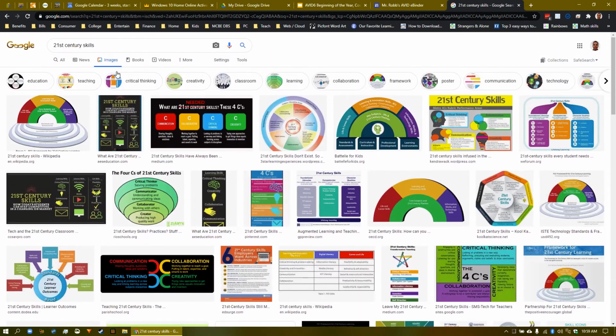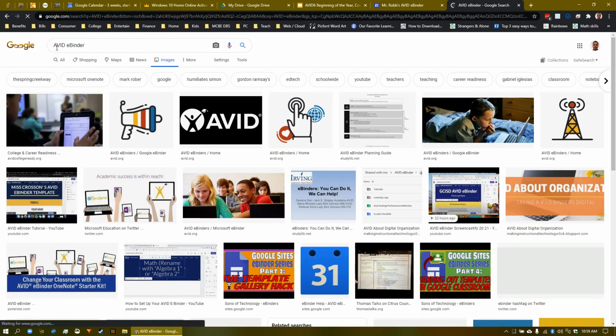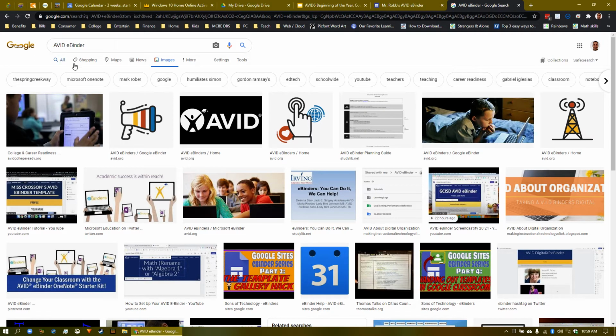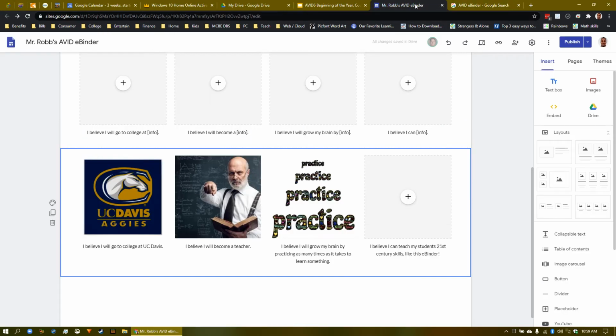Okay, well, what are the 21st century skills? The AVID eBinder. Let's see if we have any good images for our AVID eBinder. We have a lot of things that say AVID, and we have some specific stuff. Ooh, okay. This says eBinder. It has the AVID logo, and it shows tablets and computers and things. And those are 21st century skills. So that is the image I want. I'm going to right-click, copy image address, switch back to my binder,